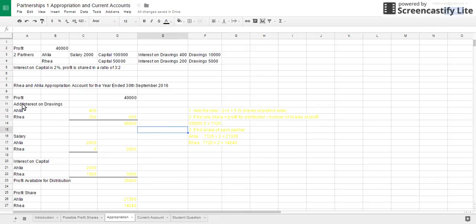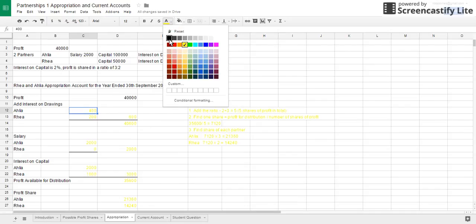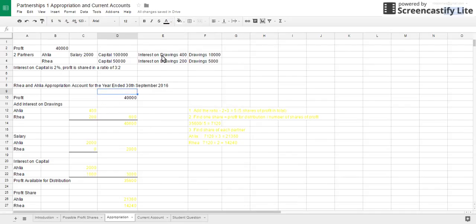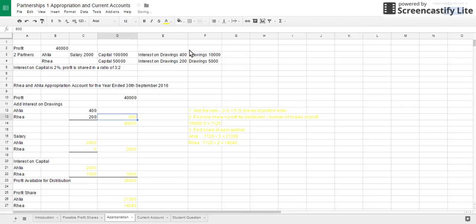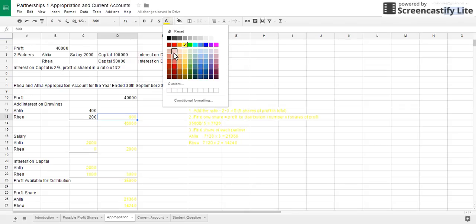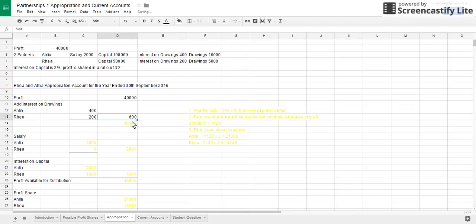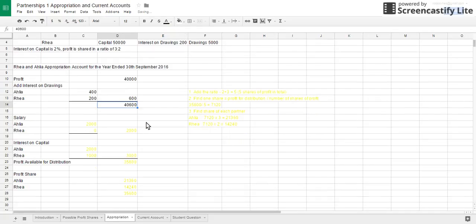The first one that we need to do always, and it's the only one that gets added on, is add interest on drawings. So what we're effectively doing, we're saying there's more profit to be shared because of the interest on drawings. The interest on drawings here is $400 and $200. So if we add them together, we get $600, and therefore the total interest on drawings taken out is $600. That now means because we're going to add the interest on drawings on, that we've actually got $40,600 to split